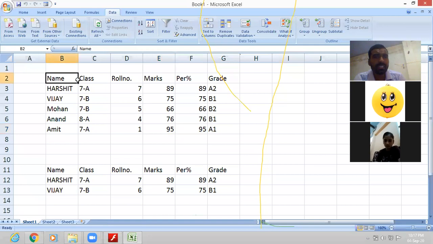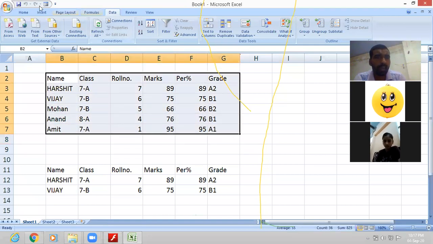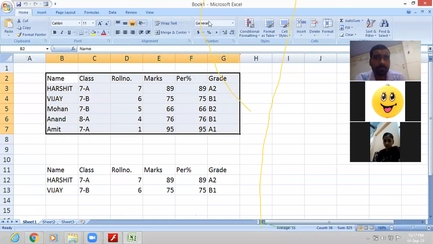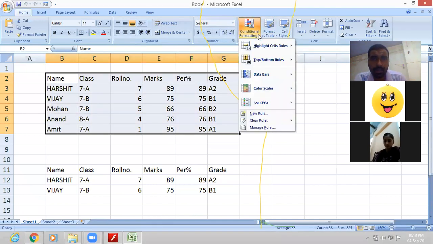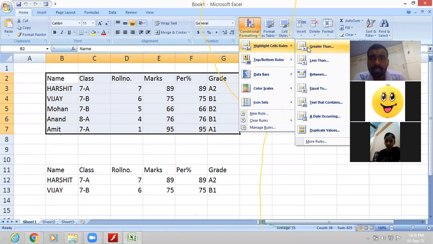So let us select this. Then select the Home tab. On the Home tab, you can select conditional formatting. Now in conditional formatting, highlight cell rules: greater than, less than, between, equal to, or any other.